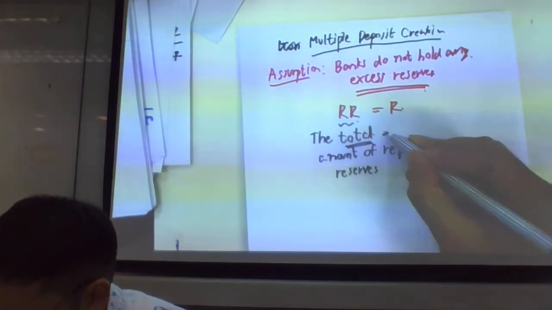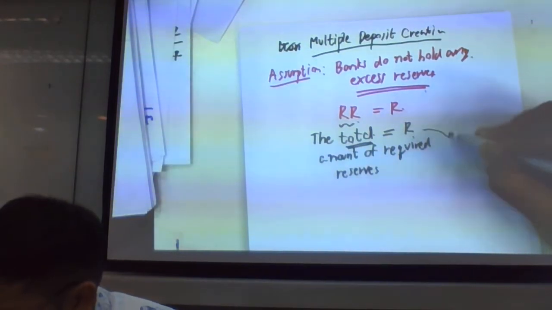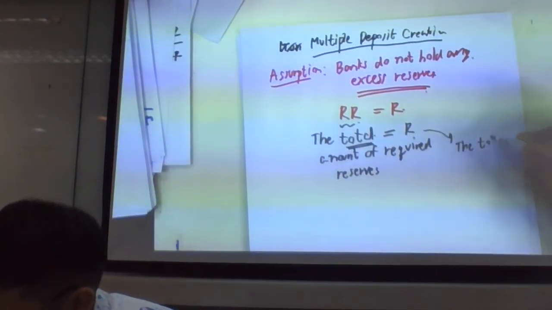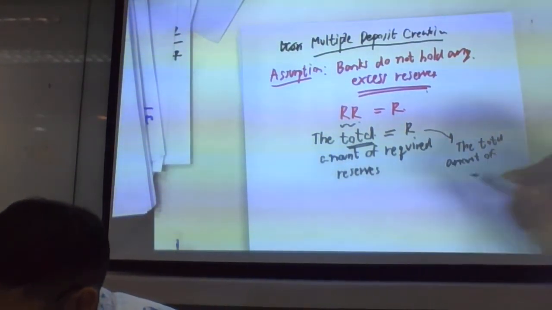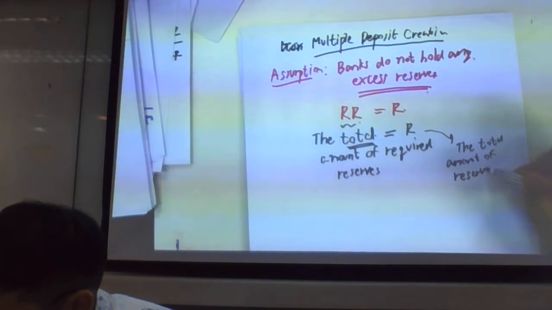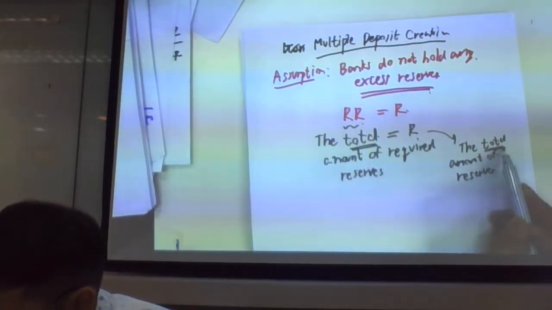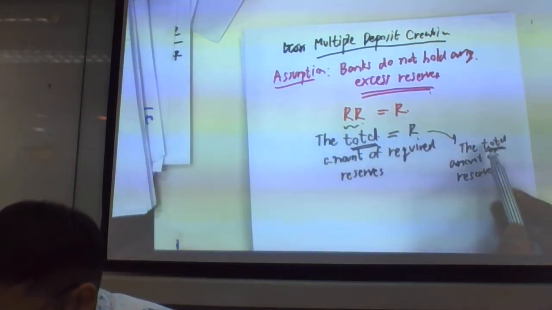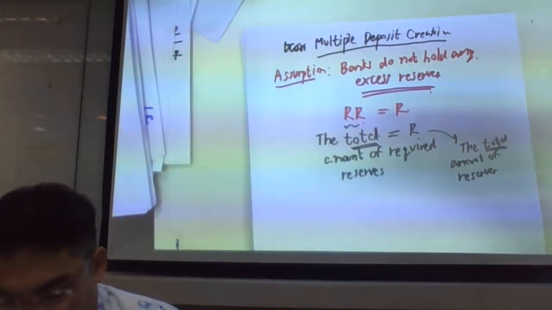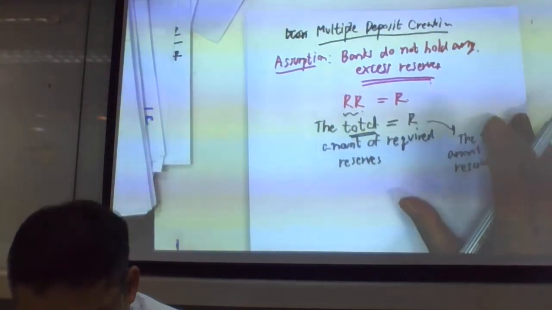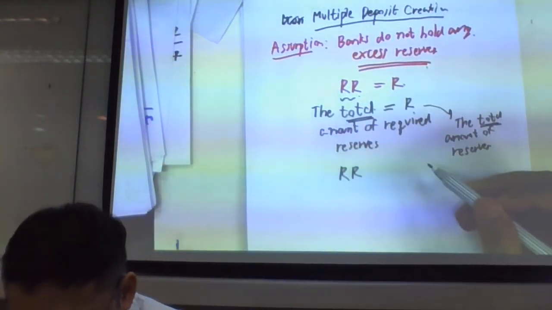Now it's set equal to R. R here stands for the total amount of reserve. When I talk about the total here, I would like to make it clear that I mean the bottom lines of the system. So for this one, you can see that for the total amount of the required reserve,